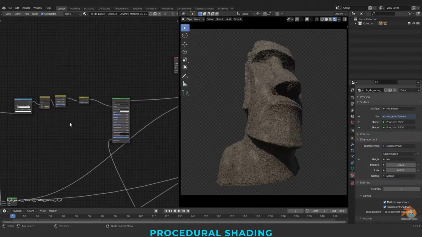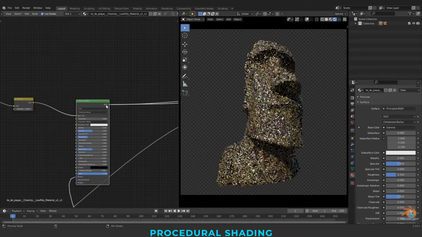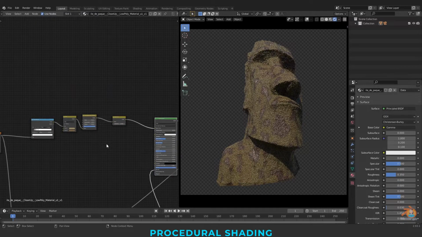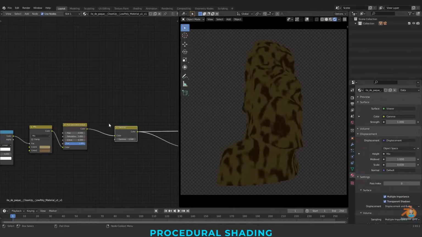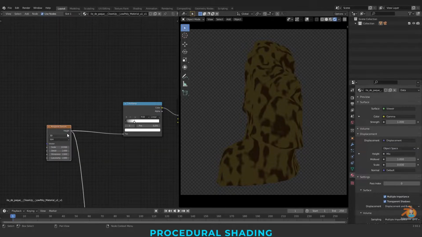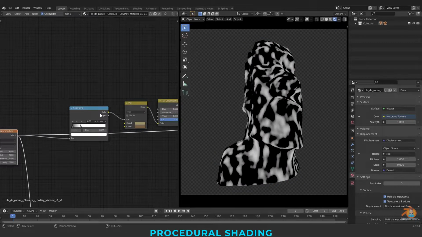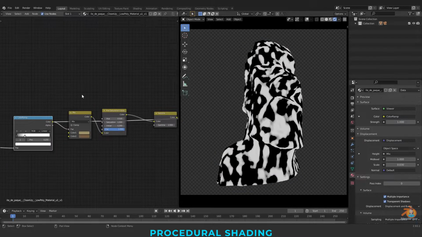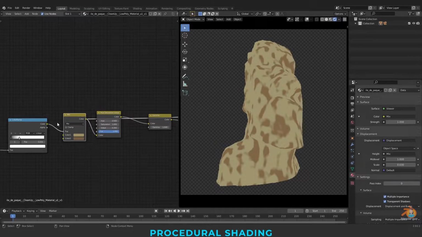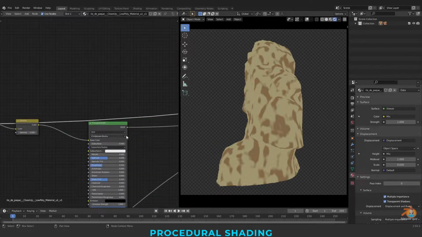On the top of the rock, we have created one other material of moss, as you all can see here. So using the Musgrave, clamping with the color ramp, I have blended a mix RGB with this color ramp connected to the shader.